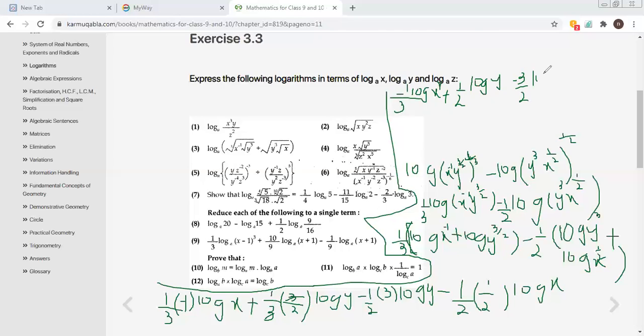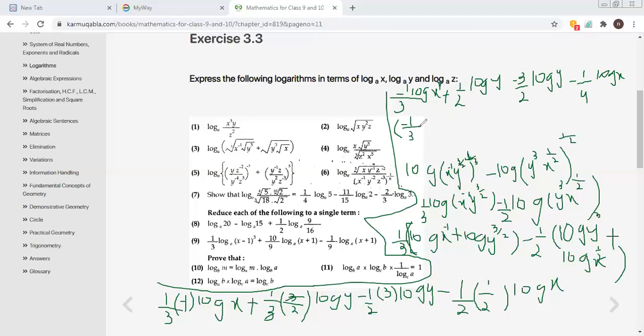Okay, and then minus 1 upon 1 and 2 times 2 is 4, so it becomes 1 upon 4 log of x. Can you tell me the next step, Aisha? What will we do? 1 upon 3 minus 1 upon 3 log. We will write the x terms together. Okay, just like this. Yes. Take out common, 1 upon 3